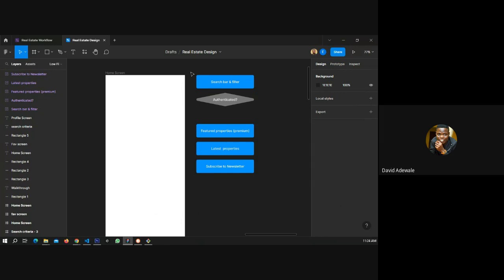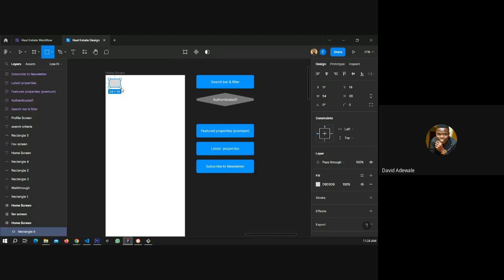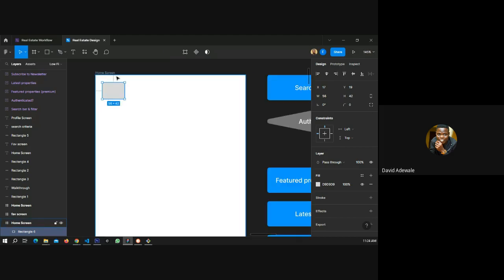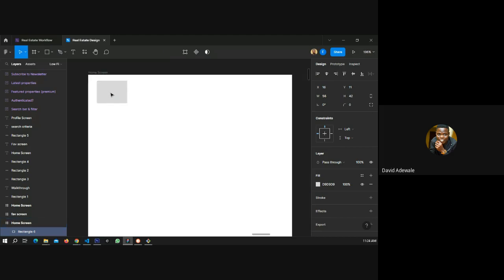The search bar needs to be visible enough so that users can easily see it. I don't need the hamburger icon for the menu. Should we have a logo on it? Yeah, we can have a logo on it. So let me put this here, and remember, it's an image. I can just quickly have my logo here.